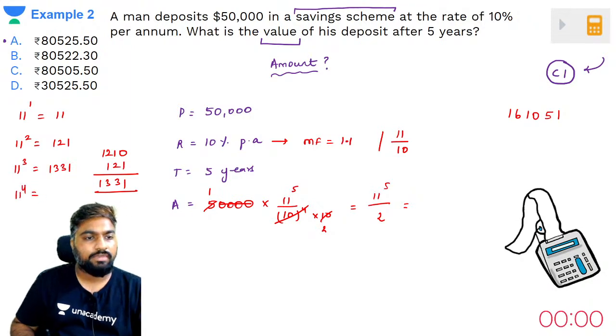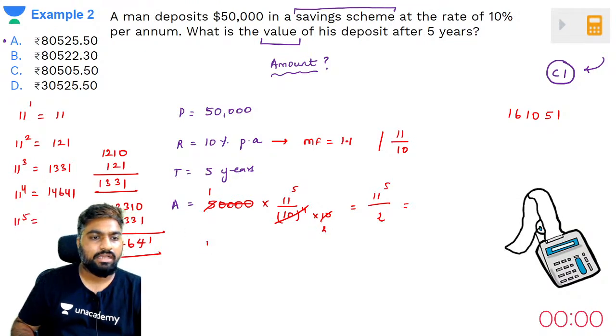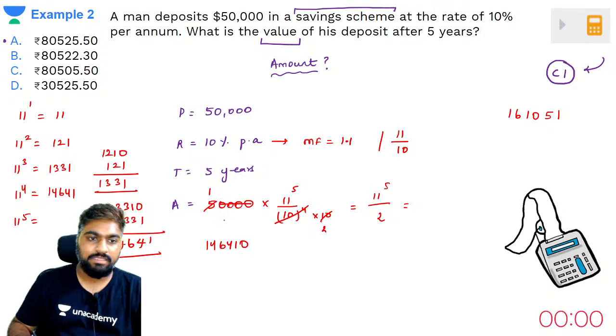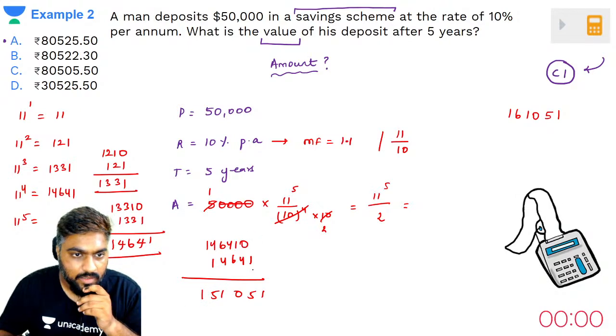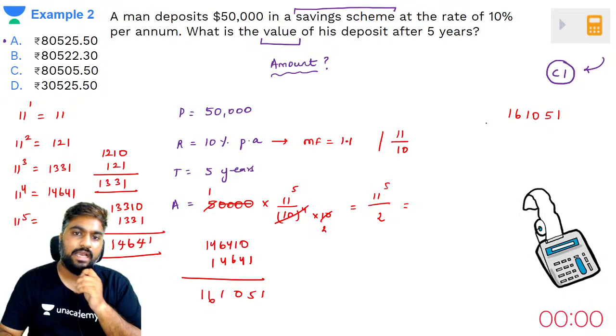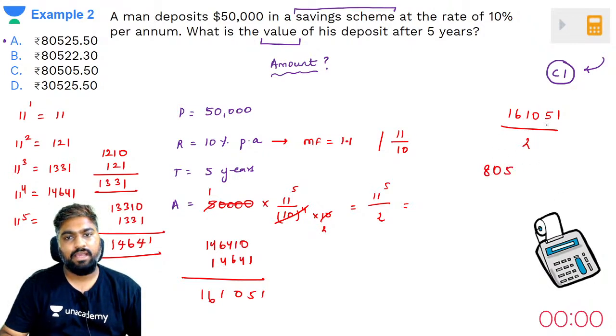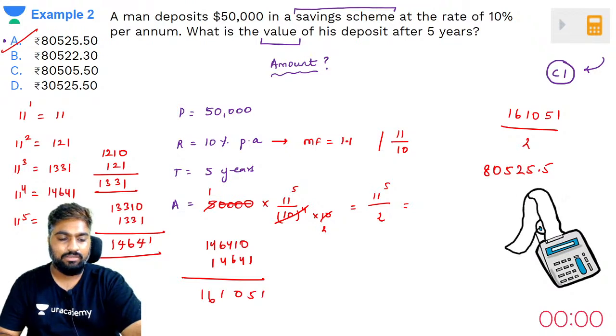देन 11 पावर 4 इज गोइंग टू बी व्हाट 1331 के ऊपर आप वापस 11 से मल्टीप्लाई कर रहे हो, दैट इज 1331 अगेन, विच इज 14641. 11 पावर 5 निकालना है जो कितना हो जाएगा 14641 पे आप 0 लगा के फिर वापस यू आर एडिंग 14641. यस, दिस इज 161051. ये आ गया। इसको आप हाफ करोगे तो कितना हो जाएगा? इफ यू हाफ दिस यू विल गेट 80525.5, जो कि क्या है ऑप्शन ए।